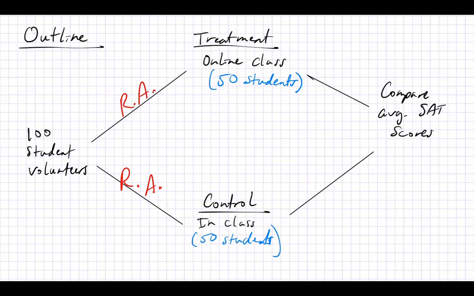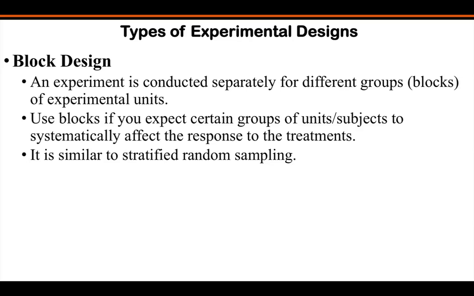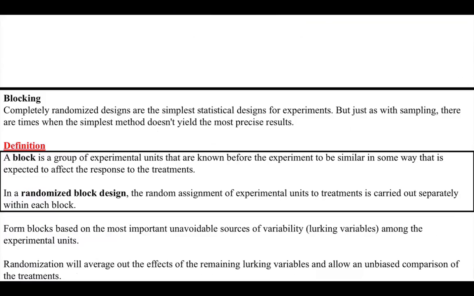So we say it's blocked by gender, blocked by grade level. We do that when we think that we don't want to mix data. We want to keep the groups homogeneous and compare only within, right? Sometimes we need to do that, sometimes we don't. Okay, so that's what block design is. So there's a little more